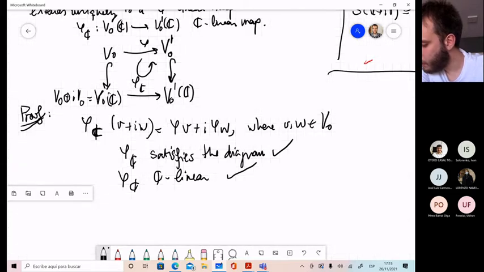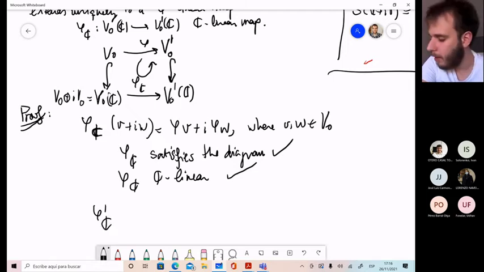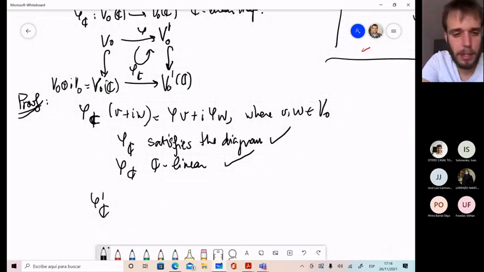It's just a computation. And then you already know that for every R linear map, you can construct a complex linear map defined on the complexification. And to prove that it's unique, what you have to do is to notice that if you have a different map, let's call it phi prime C, satisfying the above diagram,